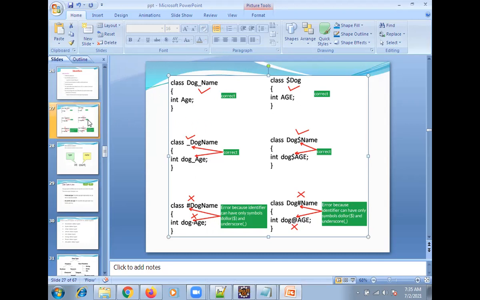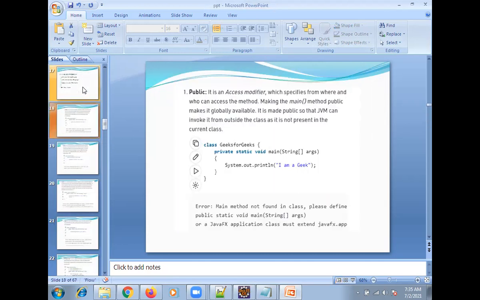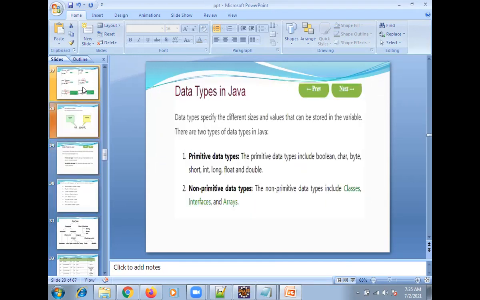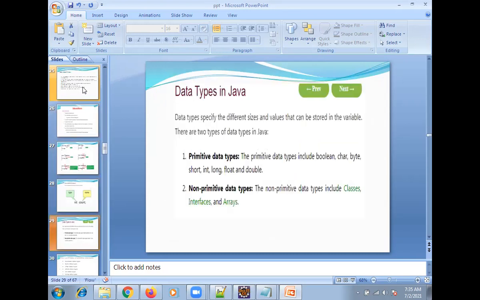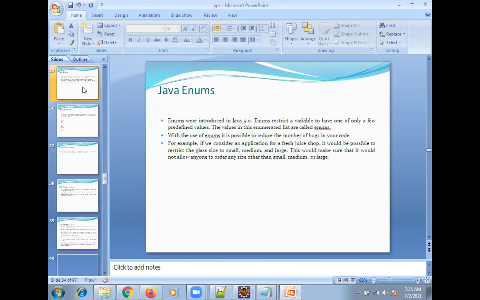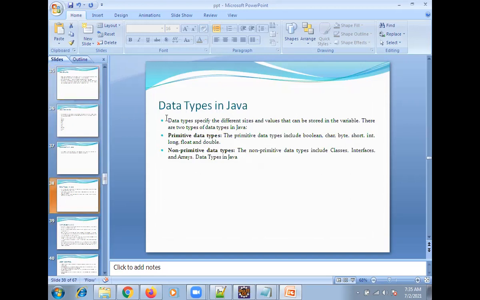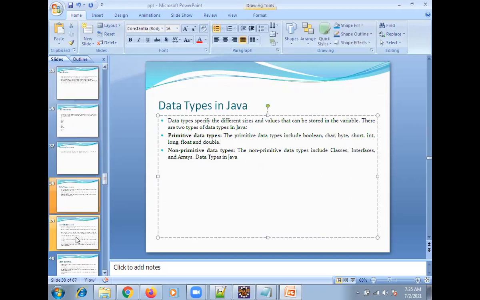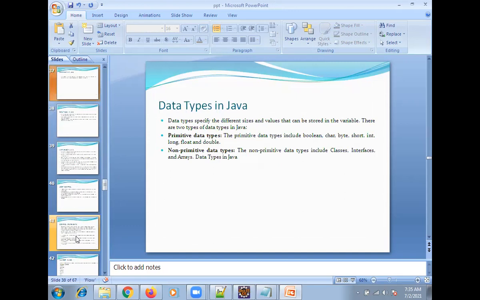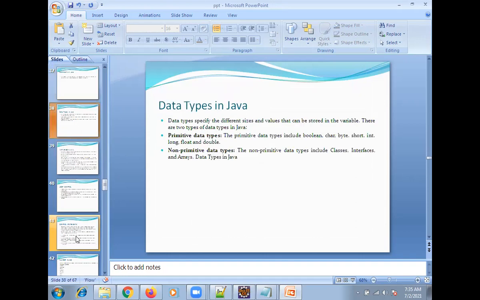Yes, sir. Now you are clear. Today's discussion was related to the main method, how JVM is executing, and how we are going to write identifiers like variable name, class name, method name. Tomorrow we are going to discuss data types and operators. After that, we will go to the next level. See, now you are seeing data types; this we are going to discuss. Clear? Yes, sir. Once we are okay with data types, we will go for further level discussion.